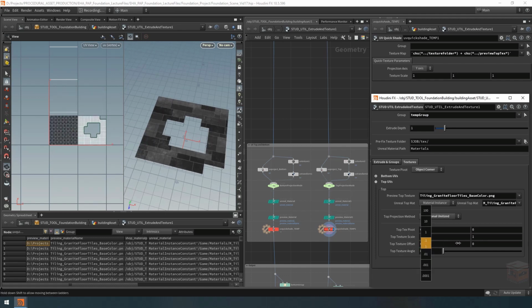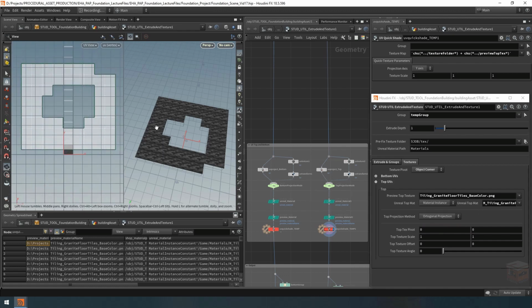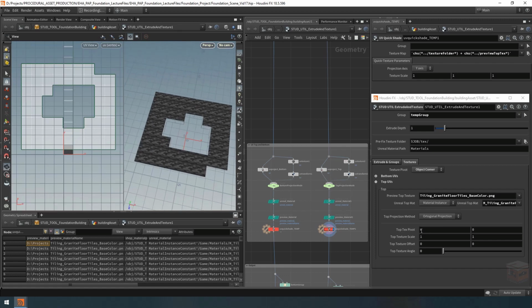We can also offset our texture if we want to. And that works in both directions. And we can rotate it. And again, that's based on the pivot as well. So for this one, it works. Then let's look at the standard orthogonal projection instead. For this one, we are projecting in world space, so our pivot here has no influence. And I actually want to disable that in a minute, so this actually gets grayed out if we're in this mode. But for now, if we scale this,